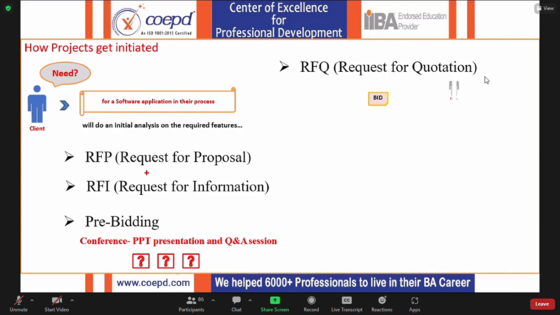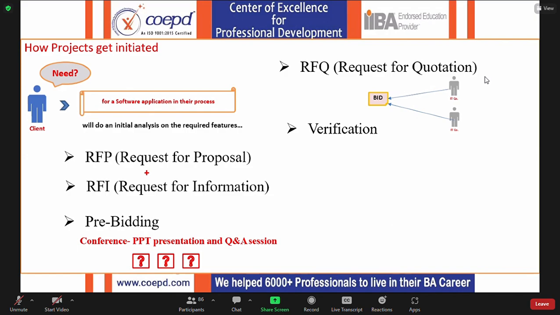They'll come up with a secret bidding. And they'll be given some period of time, on average about 3 weeks. Once this is done, then the client team, the team responsible for this particular project allocation,